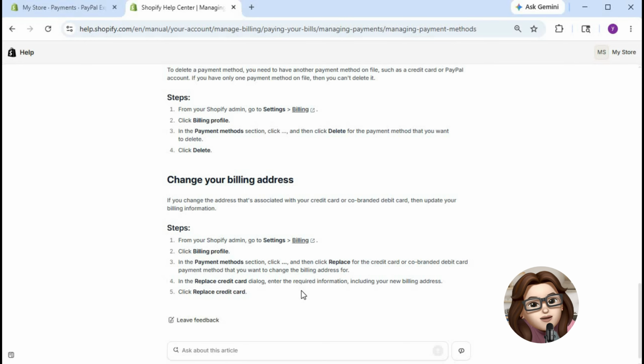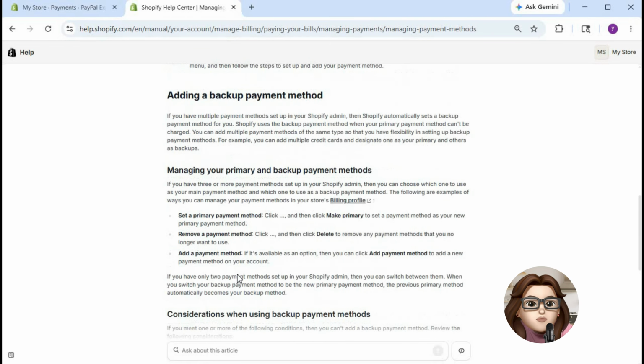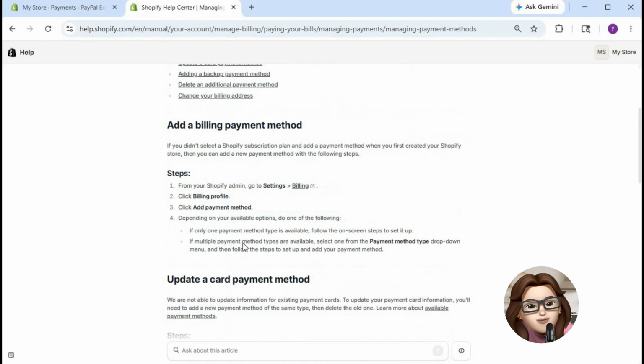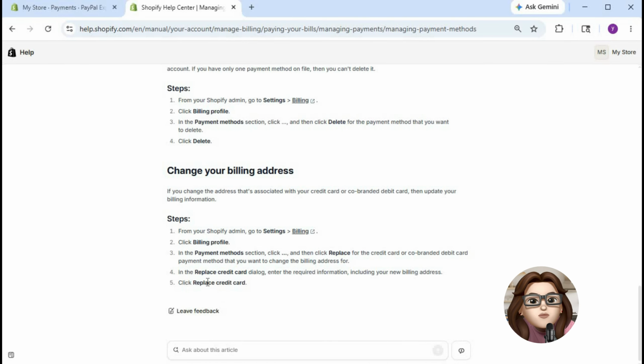active subscription. If your goal is to completely remove your credit card and stop using Shopify, go back to the Settings menu and click on Plan. Inside the Plan section, you'll see an option such as Cancel Trial or Cancel Plan depending on your subscription status. Following the cancellation process will end your Shopify subscription and remove the need for an active credit card on the